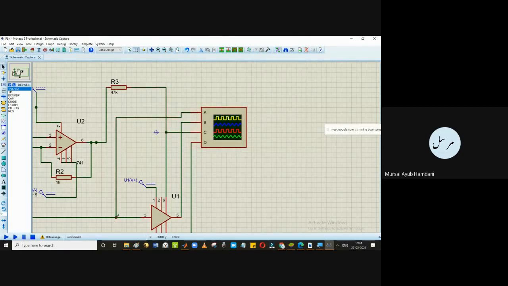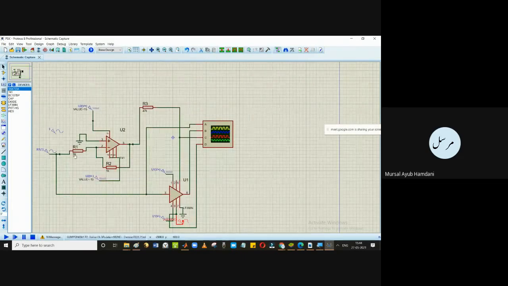A is what? This 3 we took one value, 6 another value, then at B we have the output, and at D we have these values. So it is a little bit confusing, but let me check it and explain it on the plot.